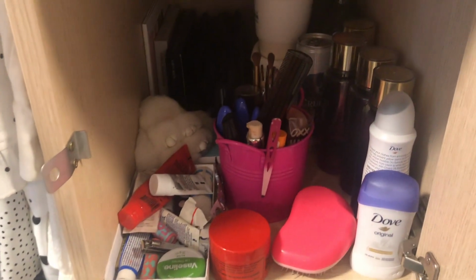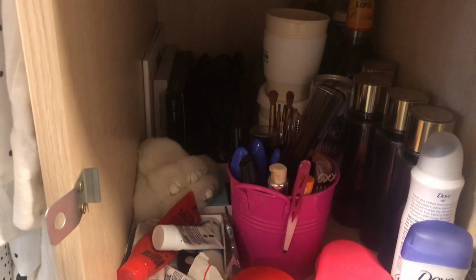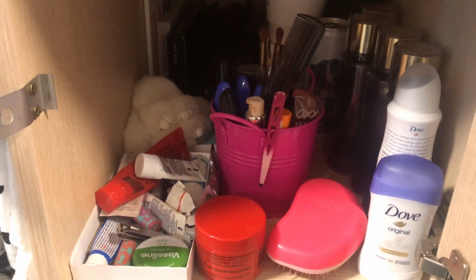And inside my lockable, I don't keep valuables, but I know a lot of people do. Some people just use it as like a snack drawer, which they lock up. I just put the things in there that I need all the time, like I just want them out and I can grab them easily. So it's not very pretty in there, but it's everything that I would need, a little bit organized. So I can grab out my perfume, my makeup,